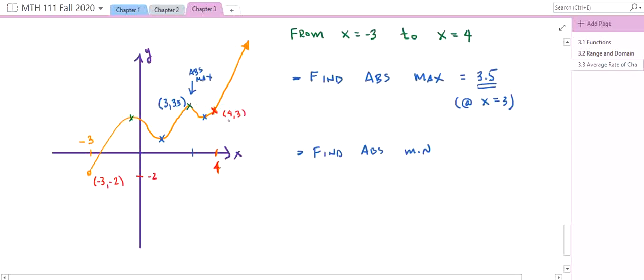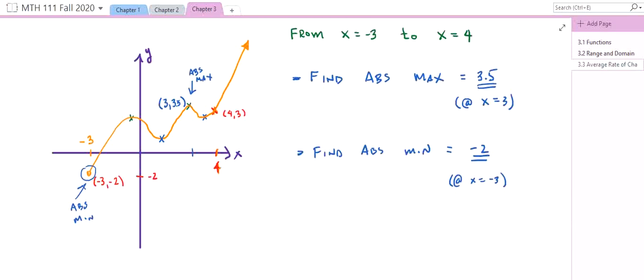Notice for the absolute maximum, this endpoint was a little lower than this, so we would still take this relative extrema as the absolute maximum. But for the minimum, we've got to take this point. So this is our absolute min. So the absolute min equals what? Go ahead and think about it. It equals minus 2. It doesn't equal minus 3. Minus 3 is the x value associated with that min. The absolute min is the y value minus 2. You could say that it occurs at x equals minus 3, but